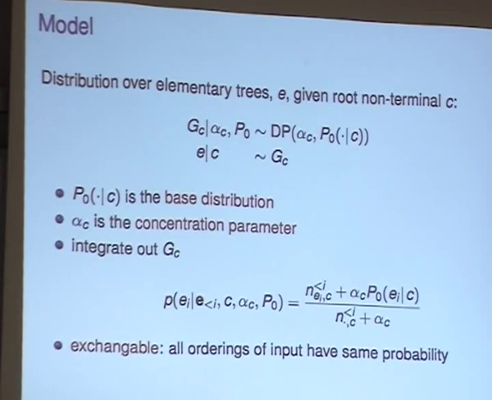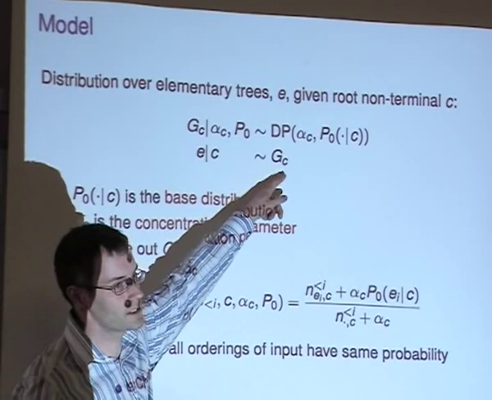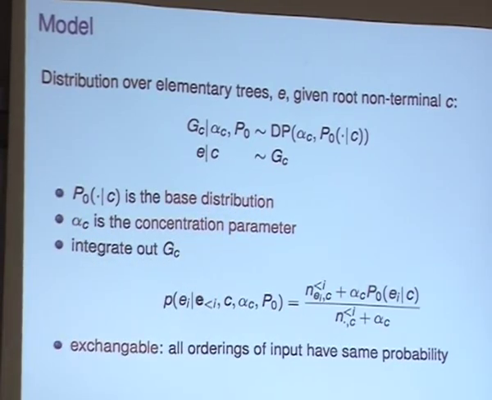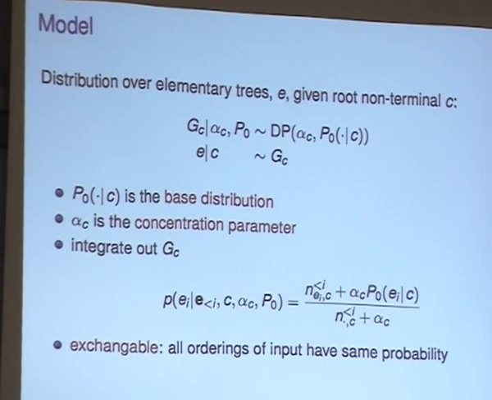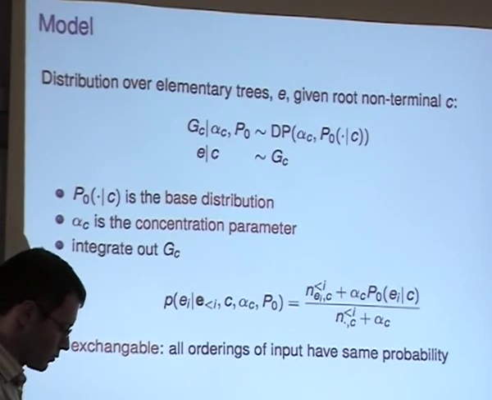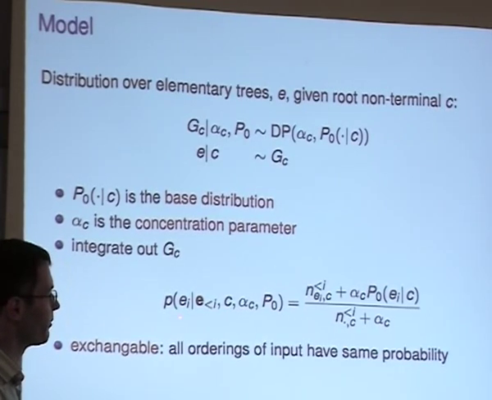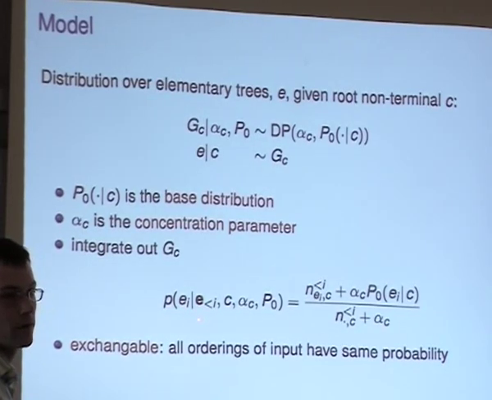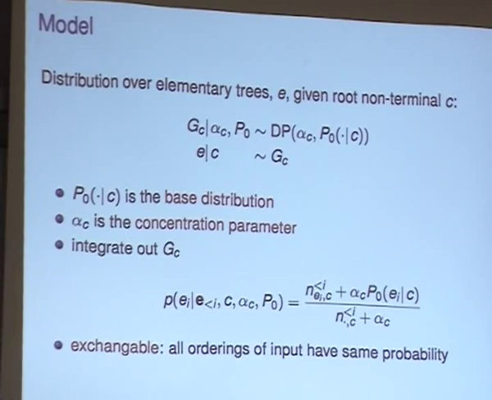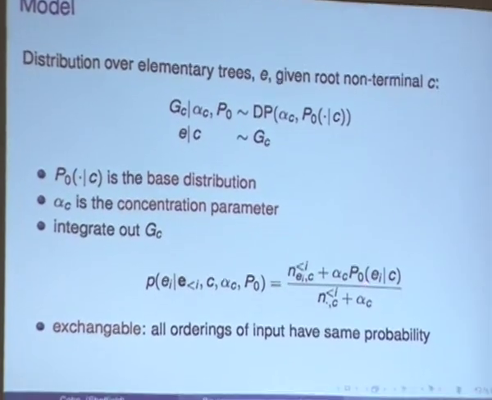Now, the cute thing about Dirichlet processes is that when you go to integrate out your parameters G here, which you can do in this framework, and you can do it analytically, it gives you an incredibly simple function at the end. And what we end up with is saying that the probability of drawing tree number I, given all the trees that we've seen before, E less than I, so 1 dot dot dot I minus 1, is just proportional to its count in the previous data plus this smoothing term.